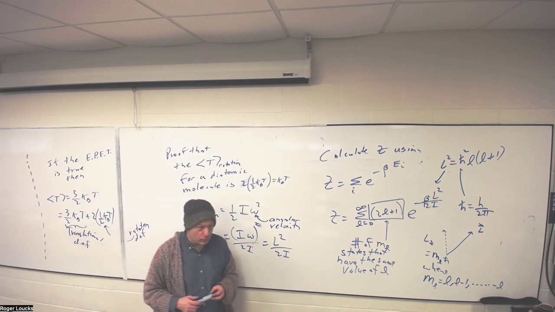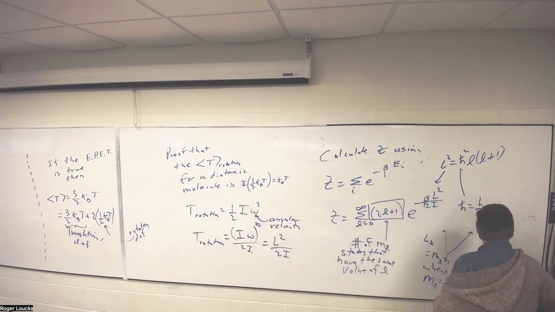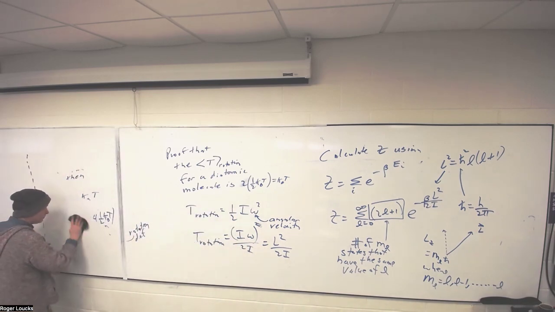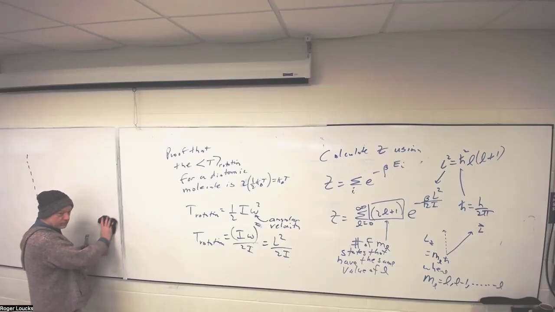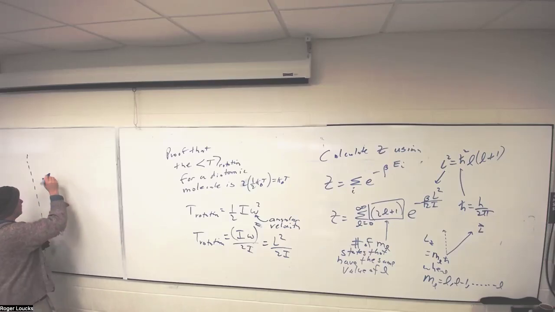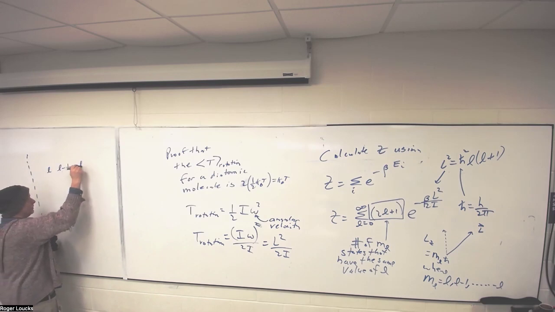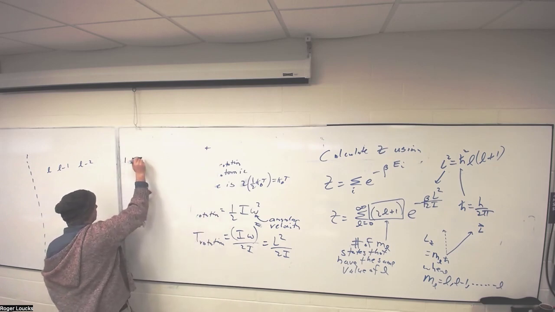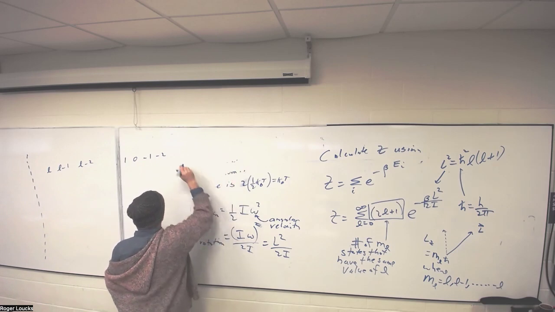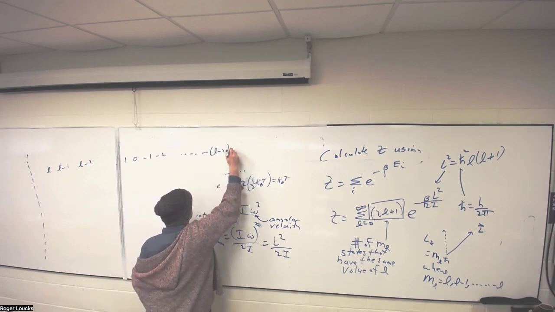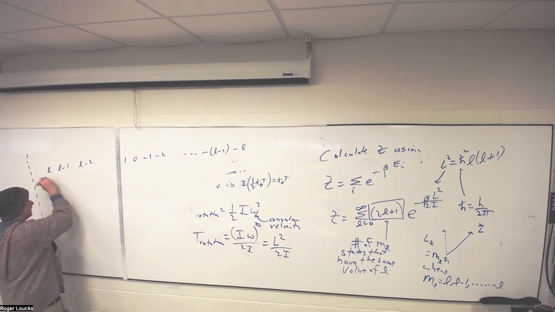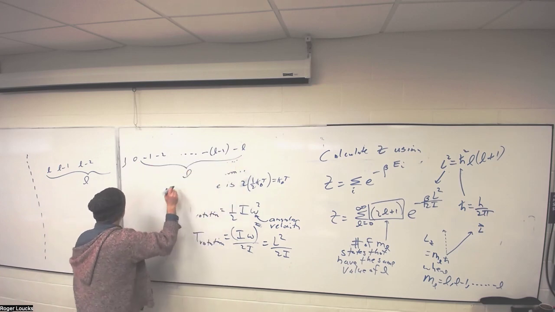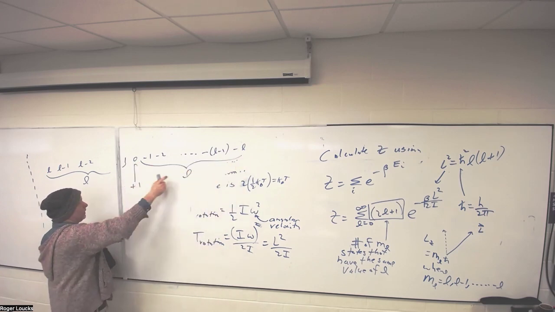What's the proof of the fact that it's 2L plus 1? I just draw a picture. There are L values above zero, then zero, and L values below zero, down to minus L plus 1, minus L. So I'd have L here, L here, and then plus 1. I have 2L plus 1.